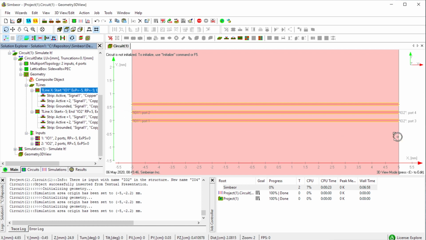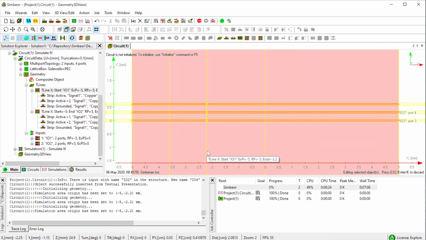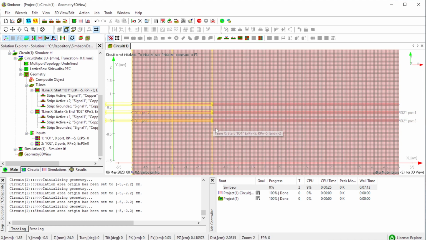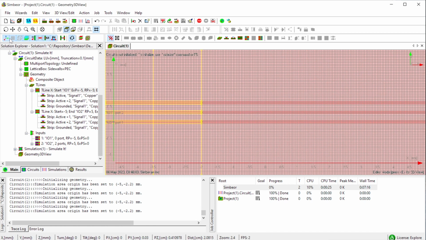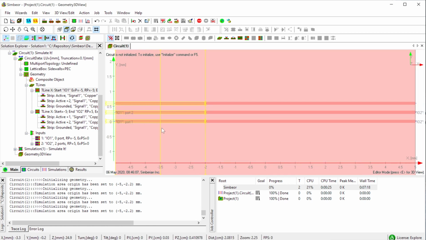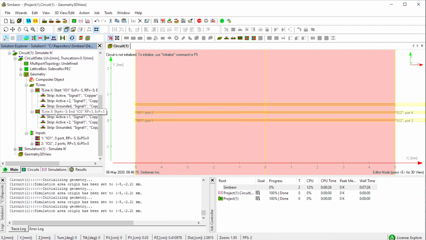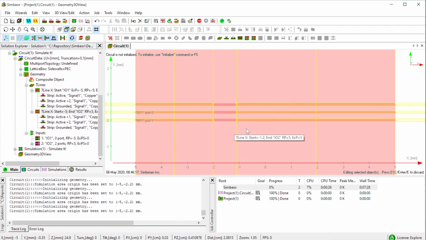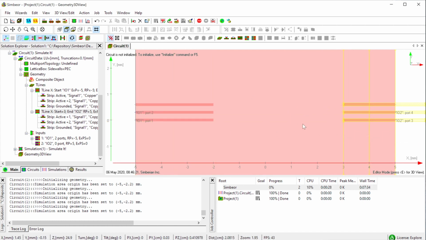Now for this T line, switch to editing mode here and move the end of this T line to -5, -2 mm. And for better view, I can turn on the mesh, or maybe not. 2 mm. So the size of this section is exactly 3 mm. For another transmission line, I move this end to 3 mm. And this is the gap between those two.